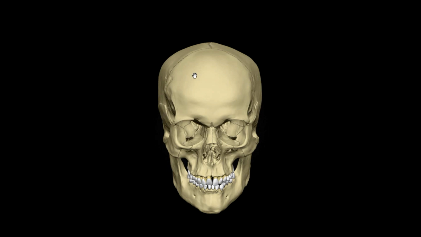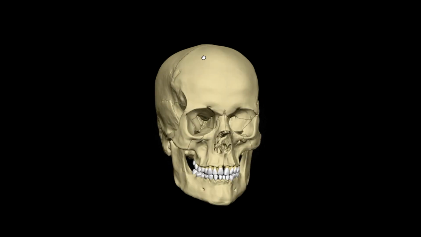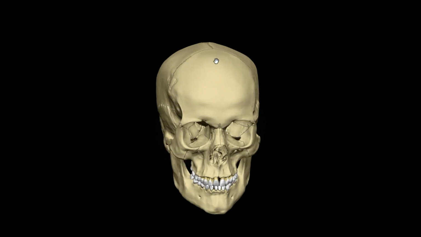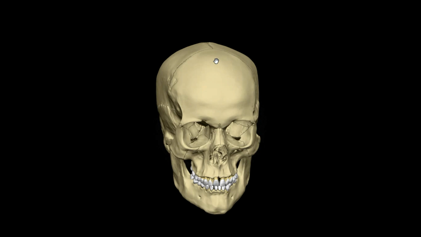Here is also one mnemonic to remember it. We can remember it by the phrase pest of cranium. In Hindi, when someone is a little bit wicked, we say, tere dimag mein kira hai kya, like that. So you can remember it by this funny mnemonic. So how can you use it? PEST. P means parietal, E means ethmoid, S means sphenoid, T means temporal, O means occipital and F means frontal.